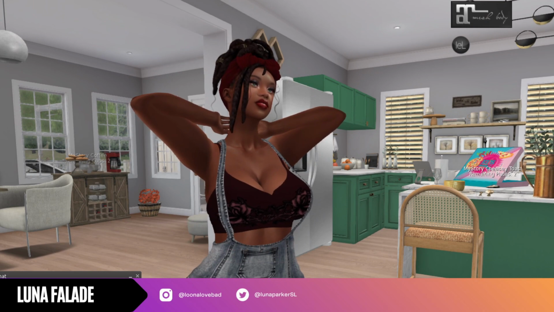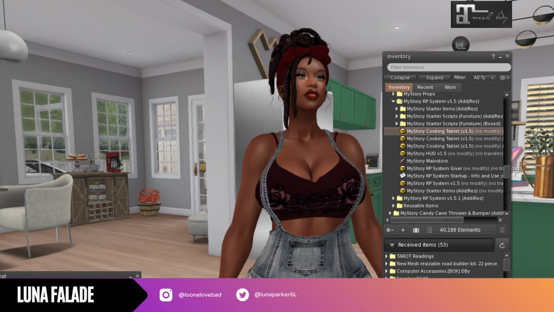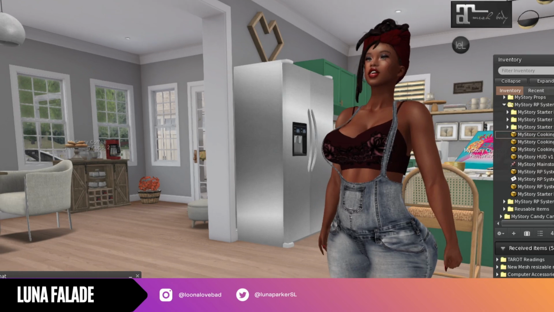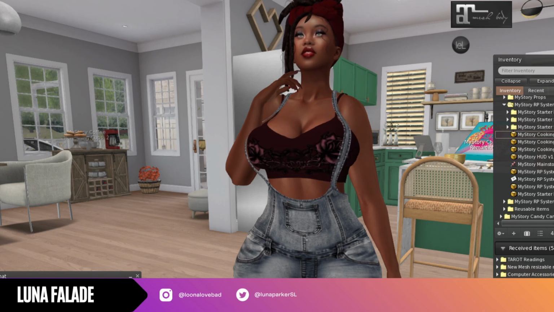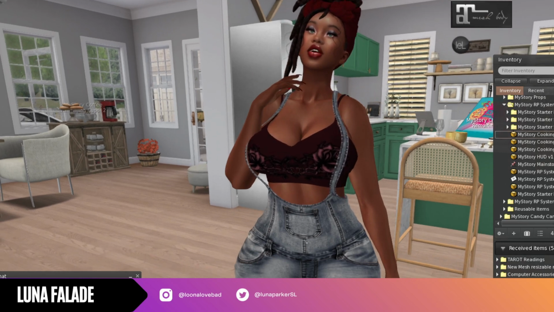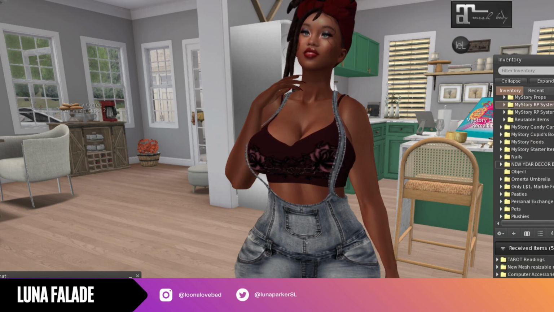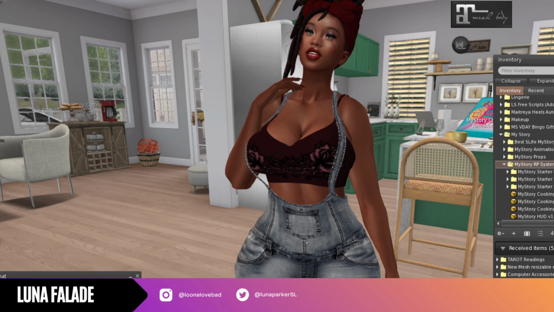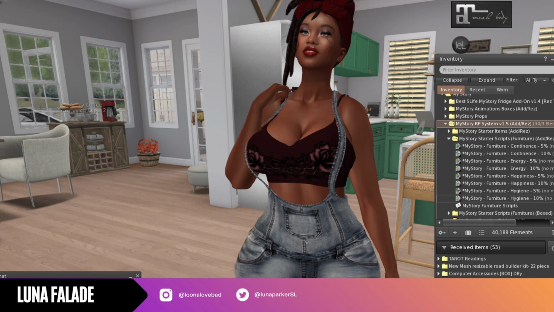All right, so now we're going to look at the starter scripts. The starter scripts are scripts that you can drag and drop into any item that you have that gives you rights to edit. Okay, if the item doesn't give you rights to edit, then you cannot drag and drop these scripts in there. So in your starter items, you get what is called the starter scripts. So they're called the MyStory starter scripts furniture. All right, you're going to get